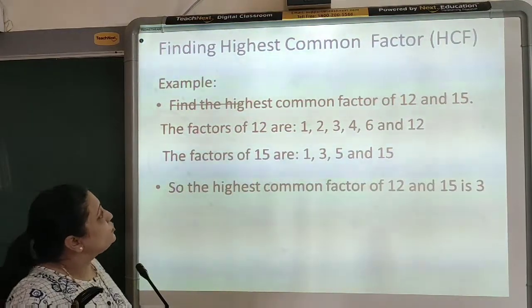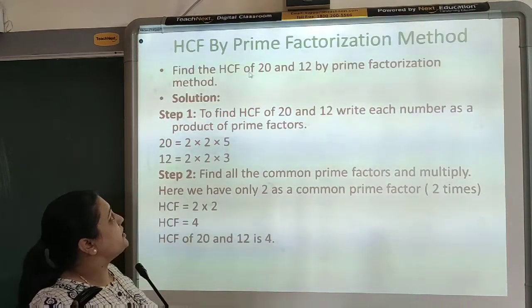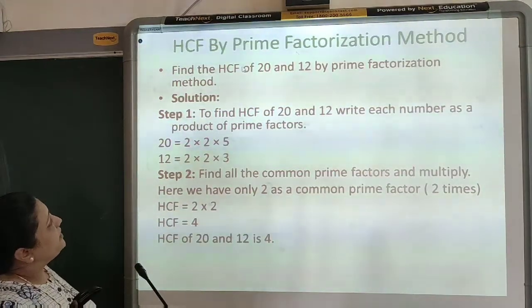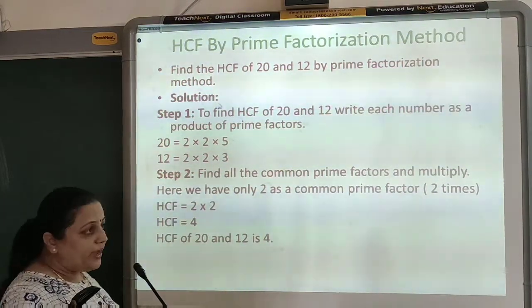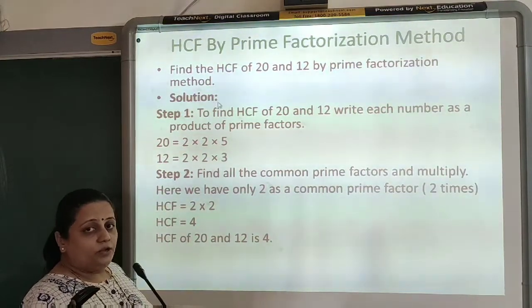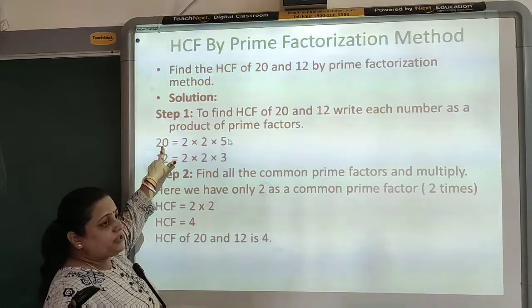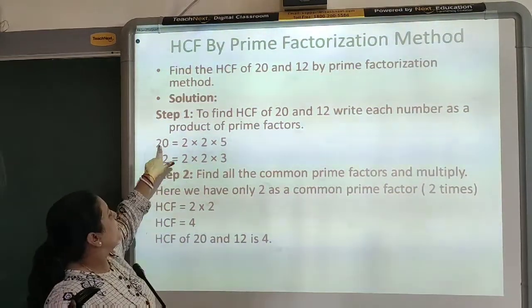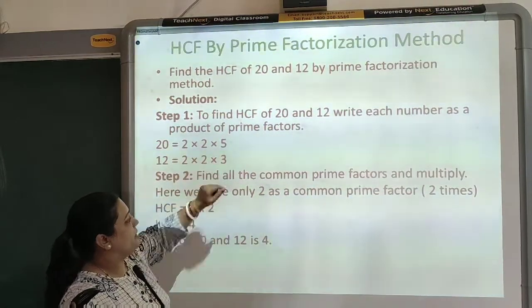Okay, so to save our time for bigger numbers, we have two more methods here, just like in LCM. See here, first is the prime factorization method. Here also we have to do the same as we have done in LCM. First we have to find the prime factors. Prime factorization we have to do. I have taken the same example which I took in LCM. Factors of 20 are 2, 2 and 5, factors of 12 are 2, 2 and 3.